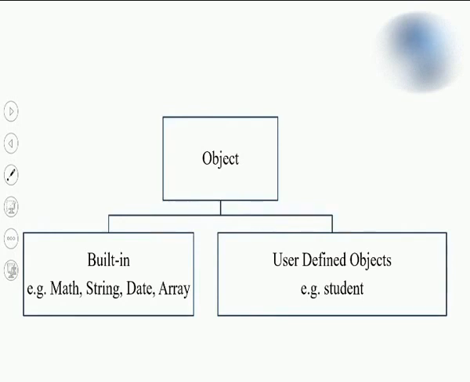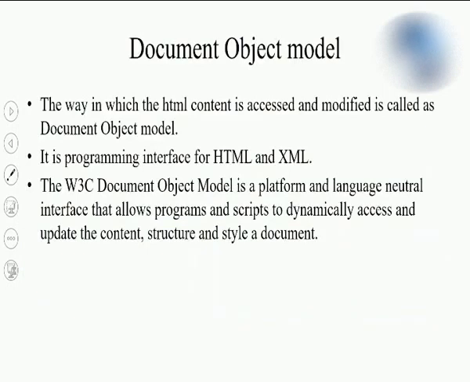For example, I can create a student object, a customer object, a chalk object, or a ball object. Suppose I create a ball object, I can have the properties shape, size, color, and so on. I can write methods for the ball object, that the ball can move on the screen, the ball can jump on the screen, and so on. For the student, I can have calculate result as a method. For the student, name will be a property, and his age and his birth date will also be properties. So these are the objects we have seen. For the examination, you need to remember all these.